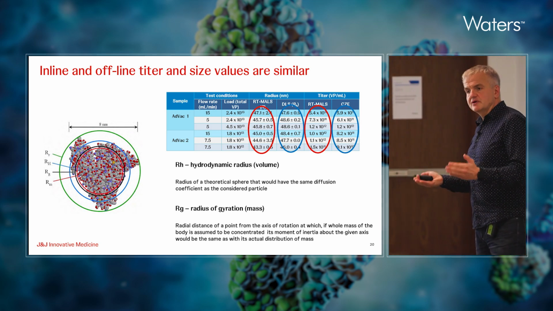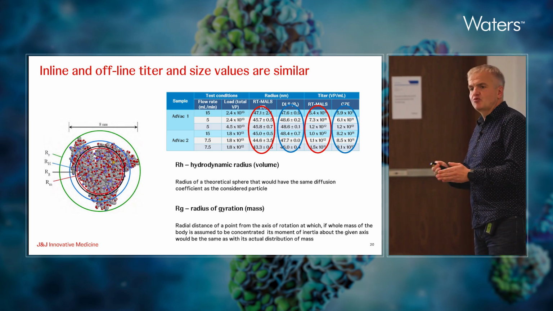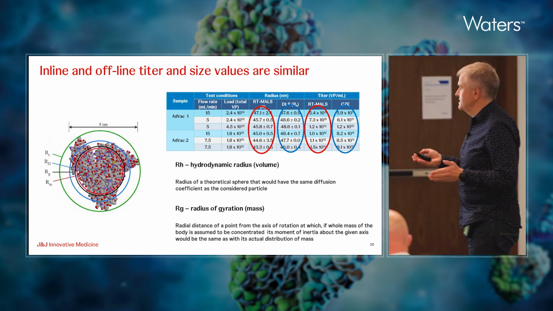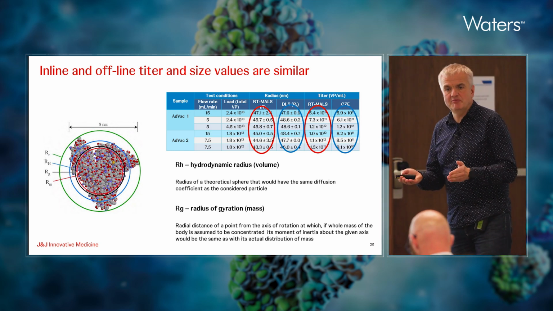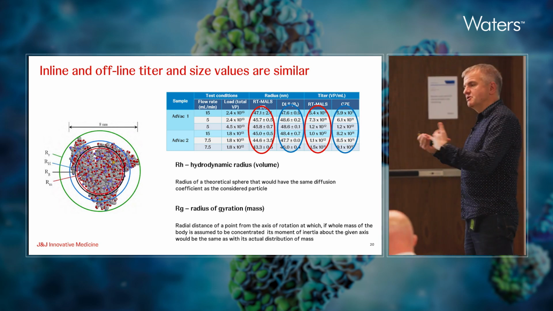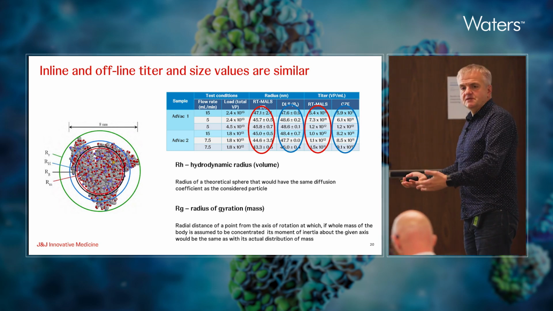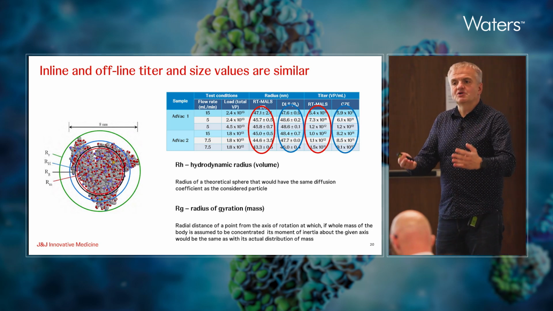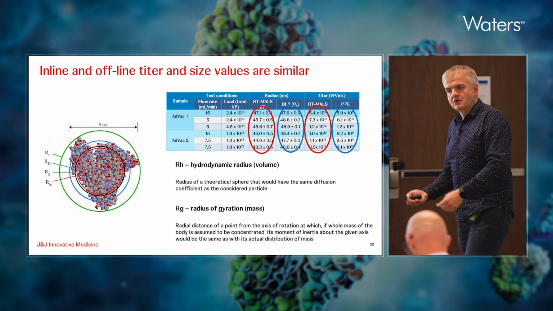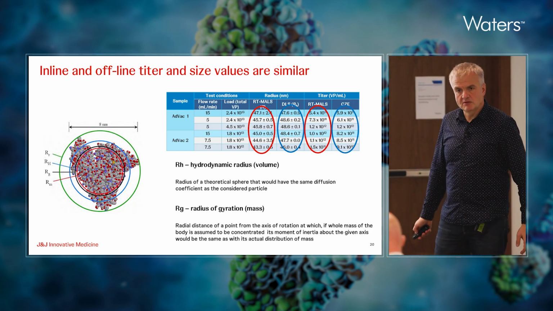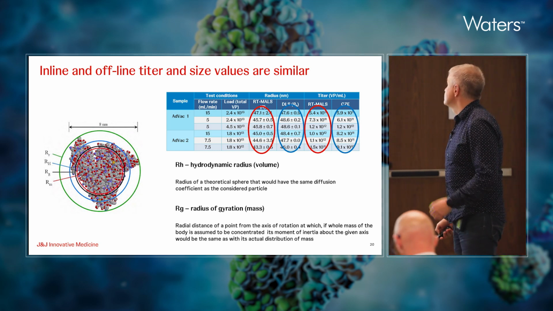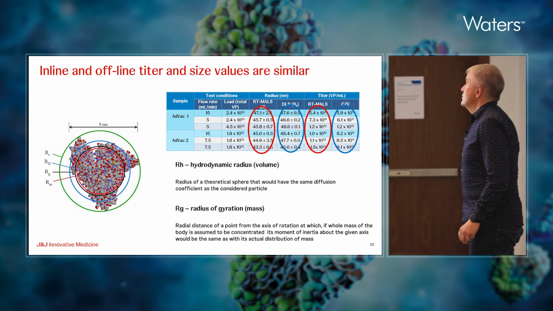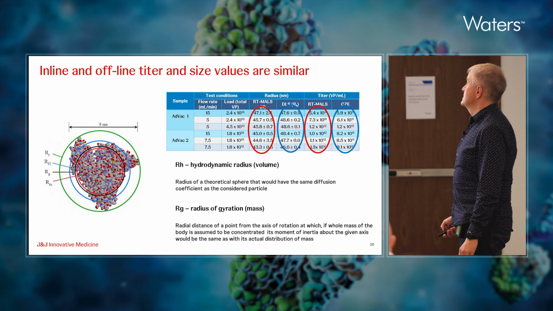So we are in downstream processing, where we could probably tolerate even 20-30% error, because this is not a final step. This is just a step based on which a decision is going to be made as to how to proceed. Like, how much are we going to load on the next column? If it's another column, how much do we have to dilute going towards the final product? So far, we are quite happy with the results that we are getting.